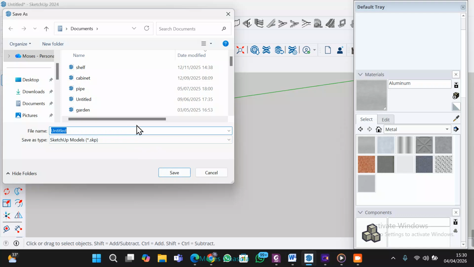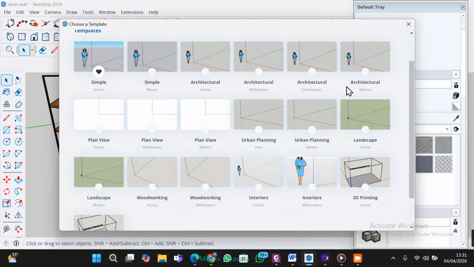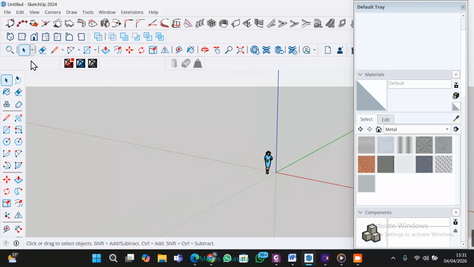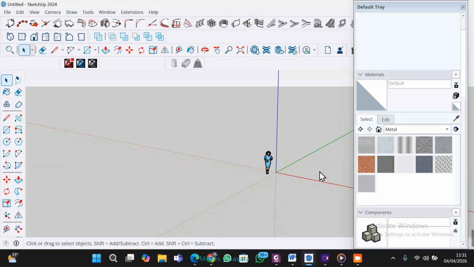First and foremost, I want to save what I've been doing initially. I can call it shoe rack. Shoe rack, yeah, this is what I want to save, what I've been doing initially. So I put it in one of my folders. Sorry about that. Okay, so now we are on to what I'm trying to model. Then we can also save this one, and I could call it wardrobe. Okay, so trying to model a wardrobe,